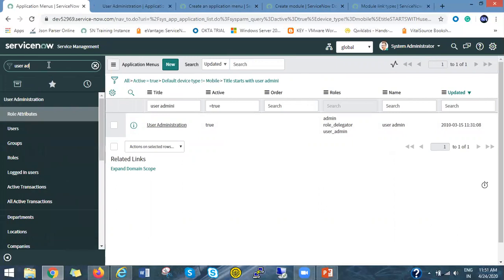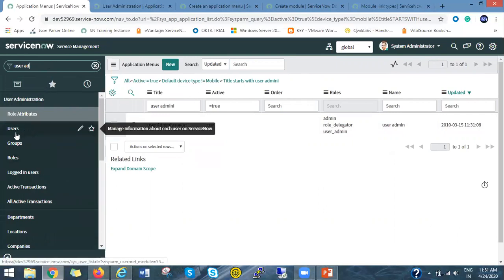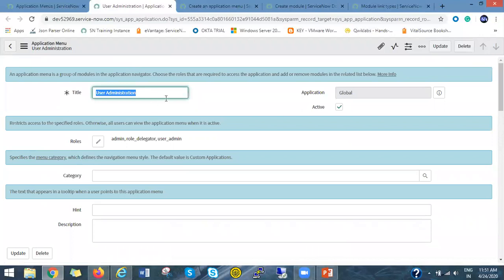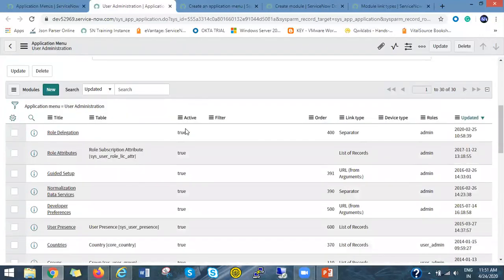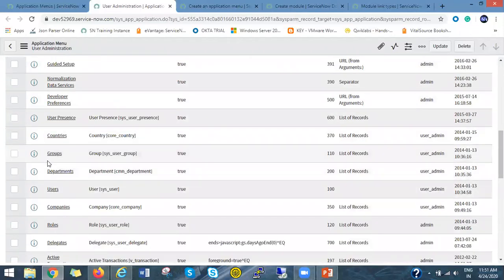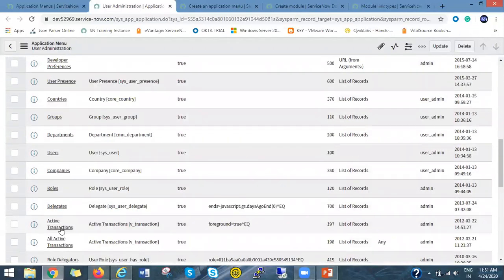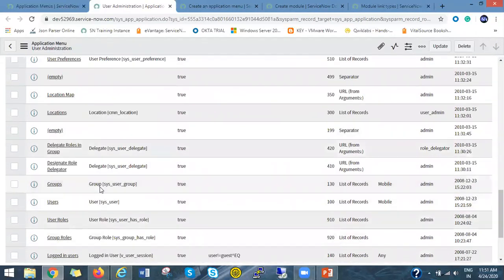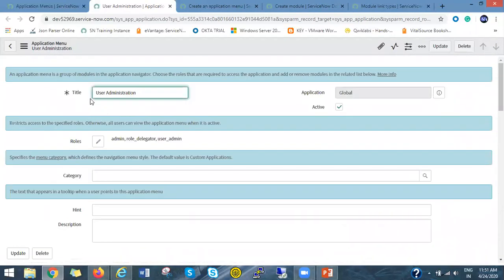So we are expecting the user, group, roles modules inside this. If you see here, this is the user administration application menu, and you can see there are the group module, user module, roles module, and also location, department, company. These modules are available inside this user administration application menu.